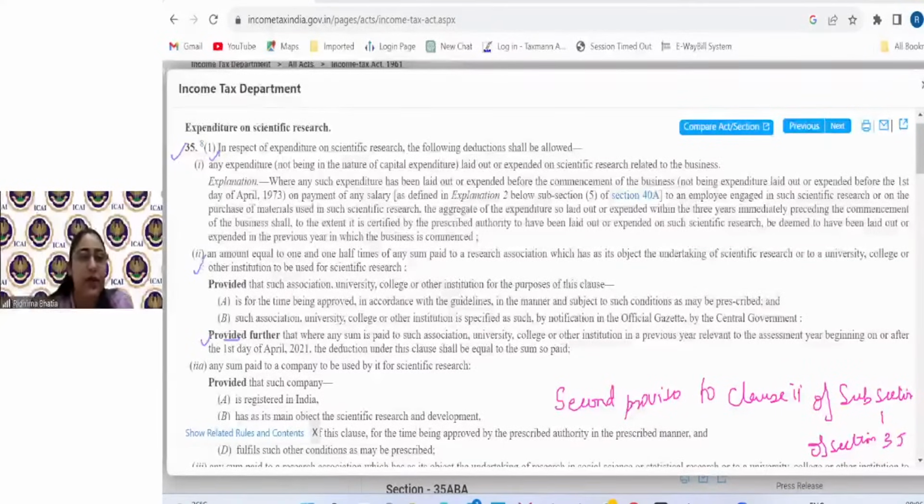I will repeat again for the final time. Chapters are divided into sections. Sections are further divided into subsections. Subsections are further divided into clauses. Clauses are further divided into subclauses. Okay. There would be some condition we have to mention or some exception which we have to mention that will come through provisos. How are provisos shown in the act? They are generally shown with the term or word provided, and this is not only for income tax act, this is for all acts. The term which would be used would be provided, provided further.